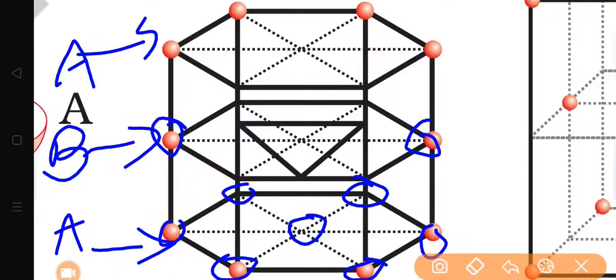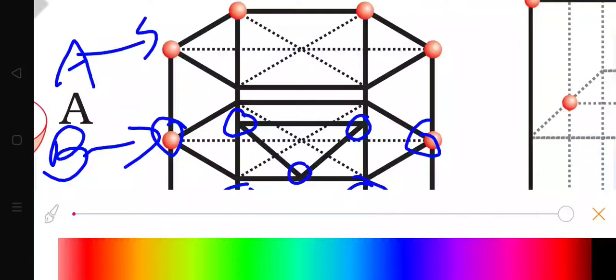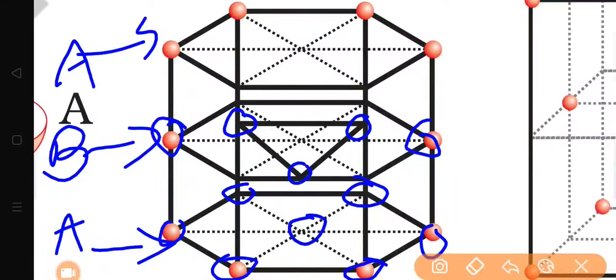Now the center layer will have 3 spheres, and the location of these 3 spheres will be here, 1, 2 and 3. These 3 will create a triangle. Now the point to be noted here, 3 from the second layer and 1 from the bottom layer. These 4 spheres will create a tetrahedral void. Okay, so these 4 will create a tetrahedral void. These spheres are not actually present here. Okay, so this is a printing mistake in the textbook.